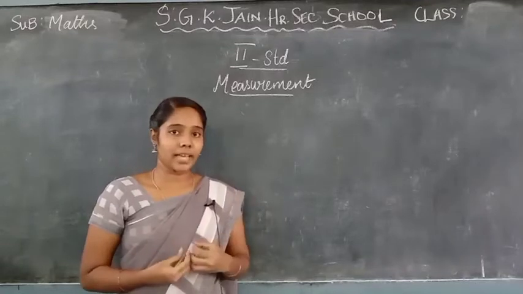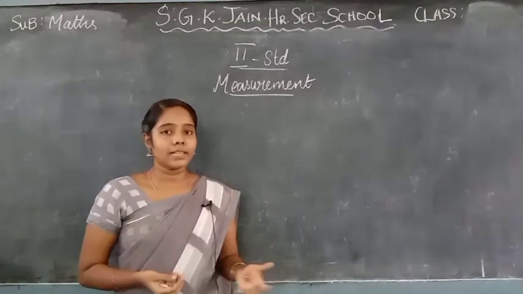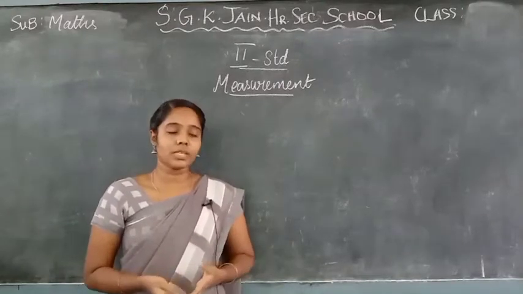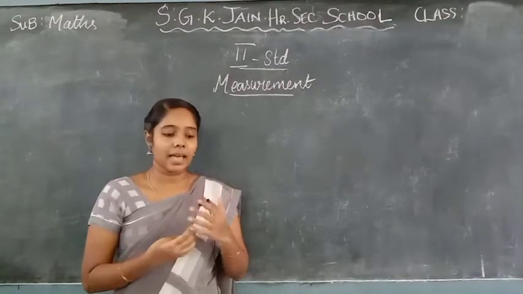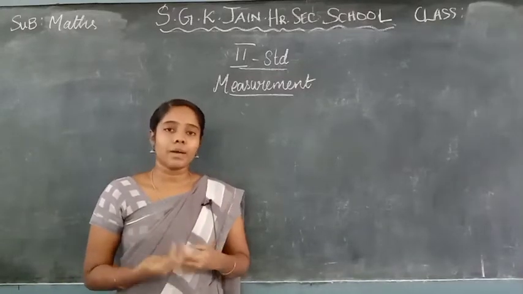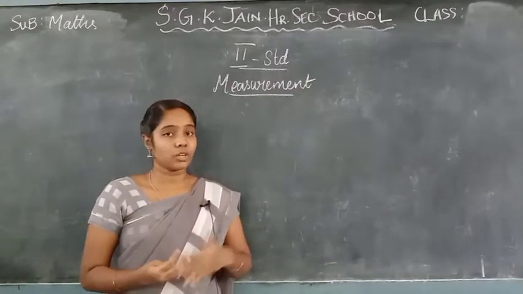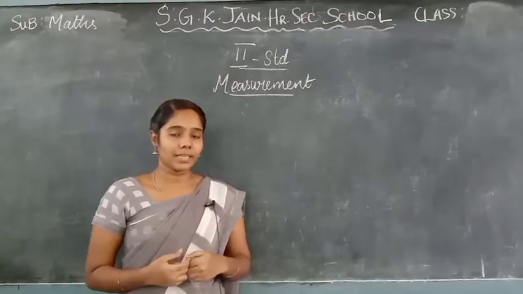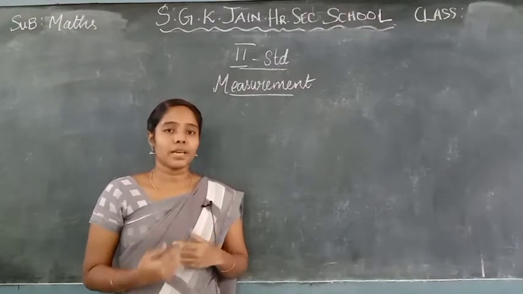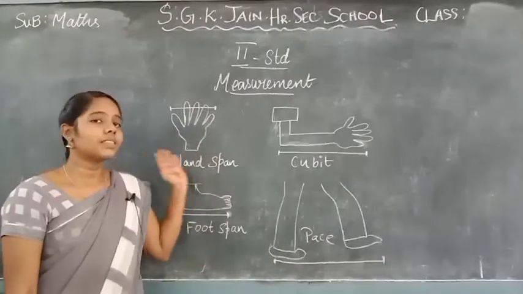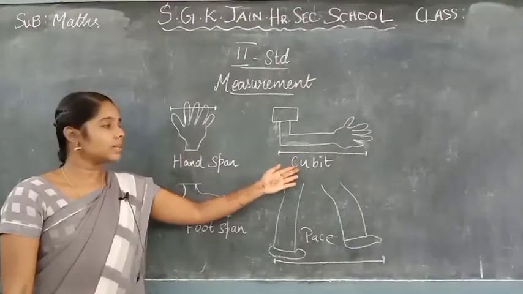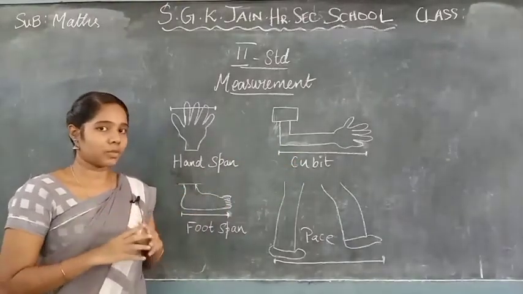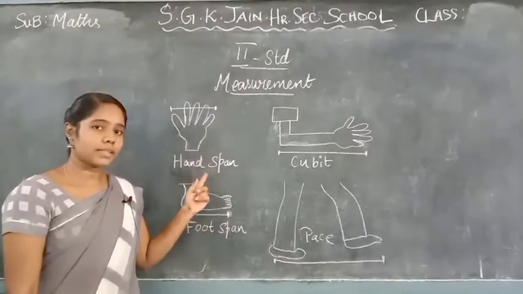In ancient days, people used various tools for measurements. Mainly, ancient people used their body parts like hands, legs and toes to measure any object or to measure any distance also. So let us see what body parts the ancient people used to measure the distance. These are all the parts of the body the ancient people used to measure objects, like the length of the object. Okay, so the first one is hand span.